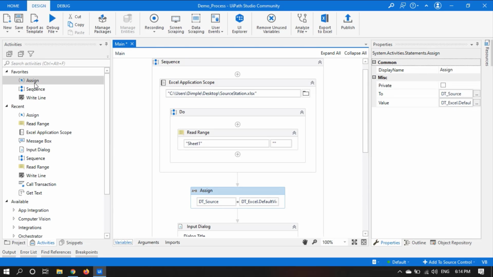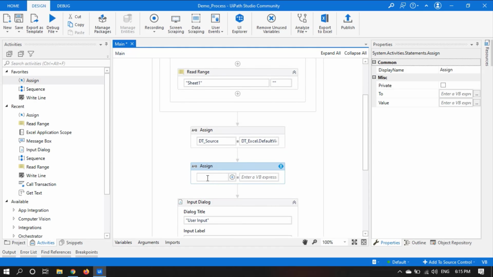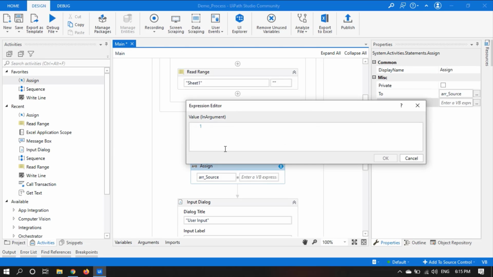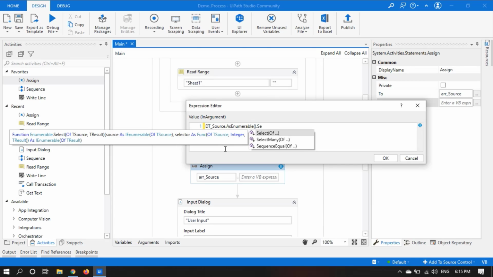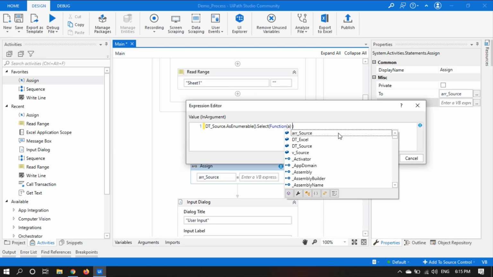Now take another assign activity. Now create a variable array of source, and in the value let's take dt of source dot as enumerable dot select of function of a space